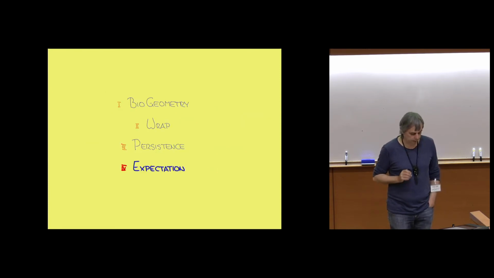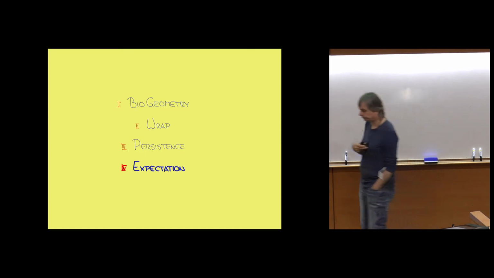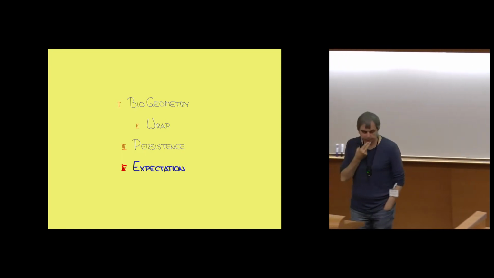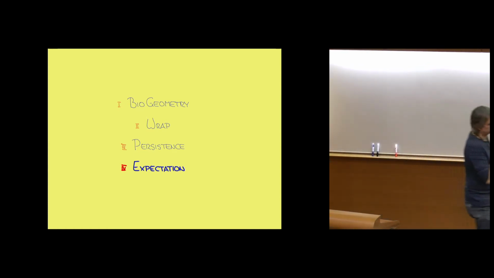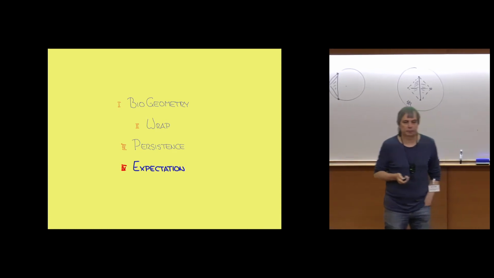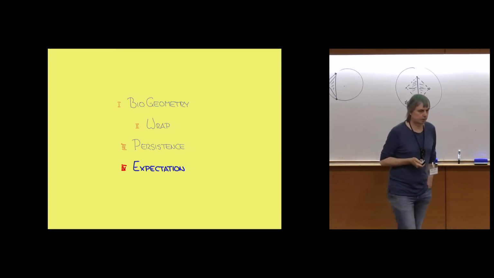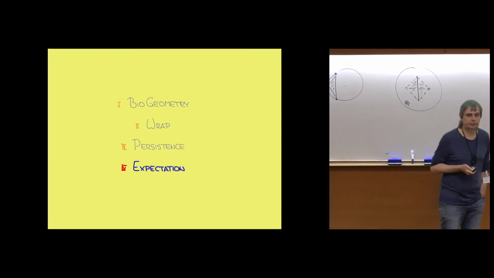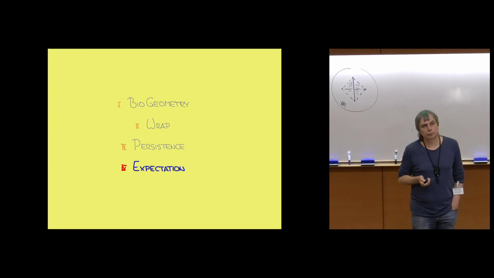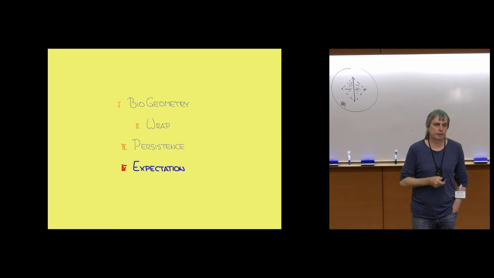Okay, and then I tell you a little bit about expectations. When I started this, actually, I didn't really know what I got into. And then I started to learn about stochastic geometry, and there's some beautiful work from the 70s in stochastic geometry, studying mostly, so the particular work we're interested in, the number of simplices in the Delaunay triangulation.